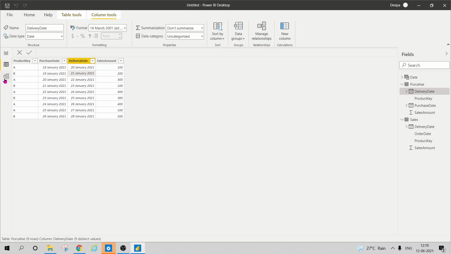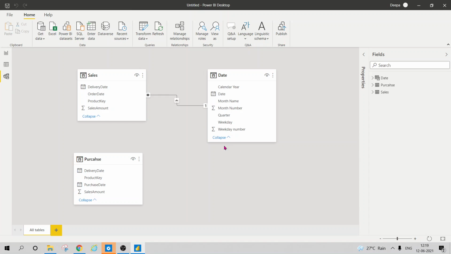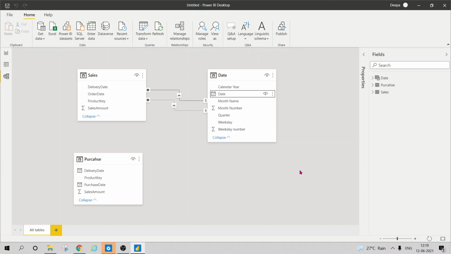When I was creating this relationship, this is the relationship he created: order date. When he tried to create a relationship with the delivery date, he'll see this is an inactive relationship. So how to resolve this problem? In that case, you can create a duplicate date table. But then you will have to use another slicer for this date table.